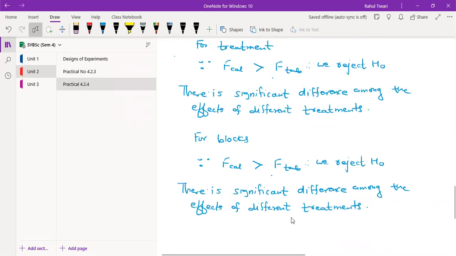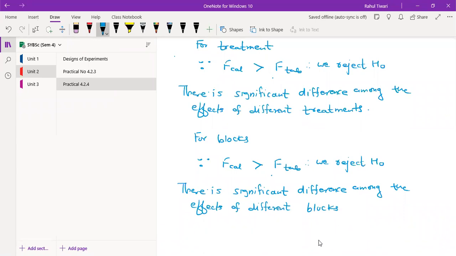So you may take down that conclusion. So that is going to be for different blocks. And after that,